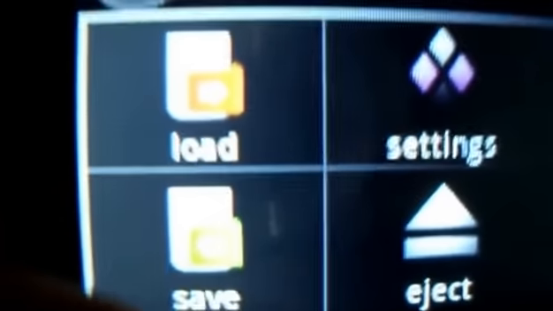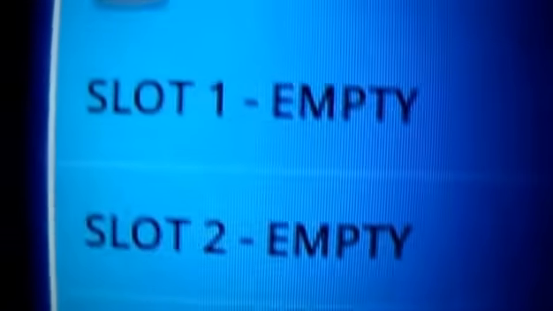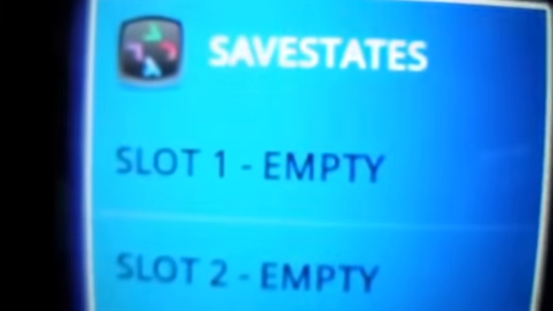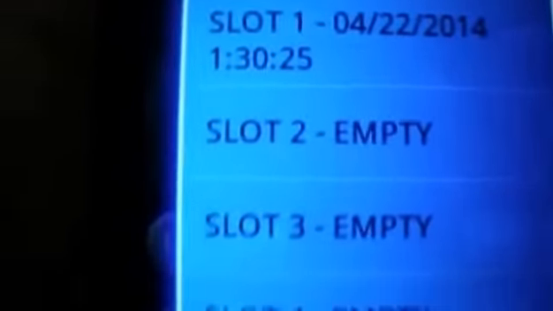Now here you can see this save button. We have to save it so we don't repeat the old steps again when we play next time. So click on it. Now here you can see the slots. Select any one that you want. I am selecting slot 1. Here you can see this gets saved. Now cancel. Now here you can see it contains all the buttons right here.